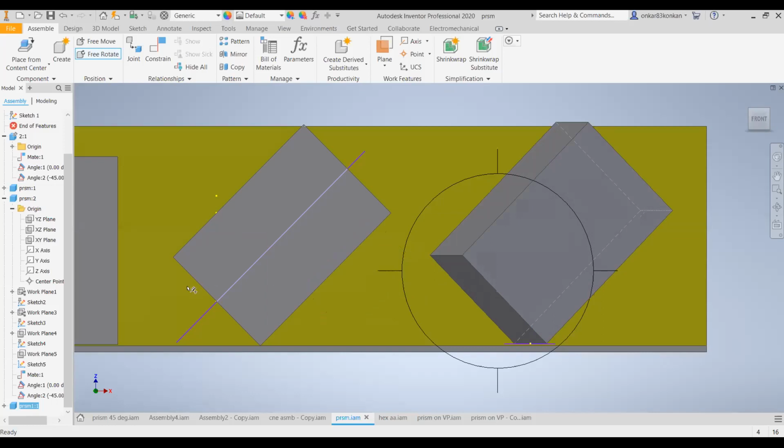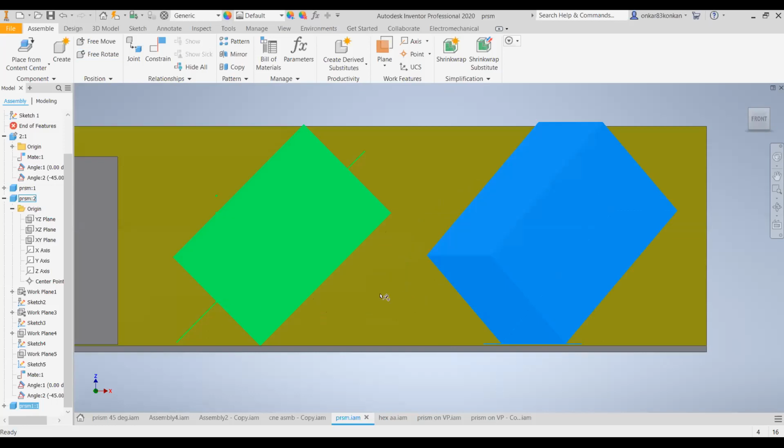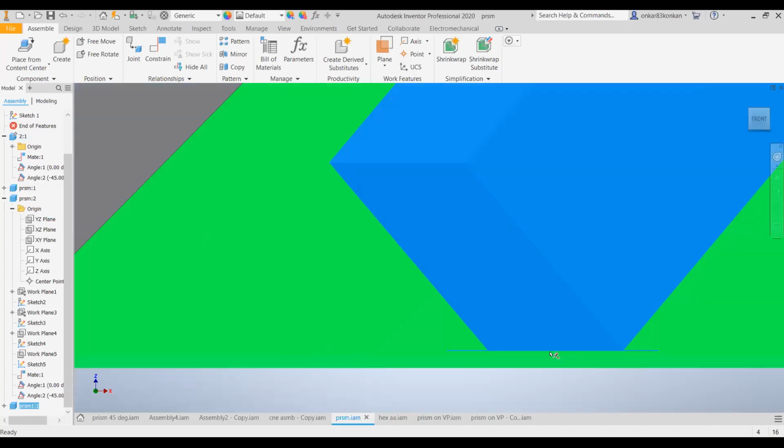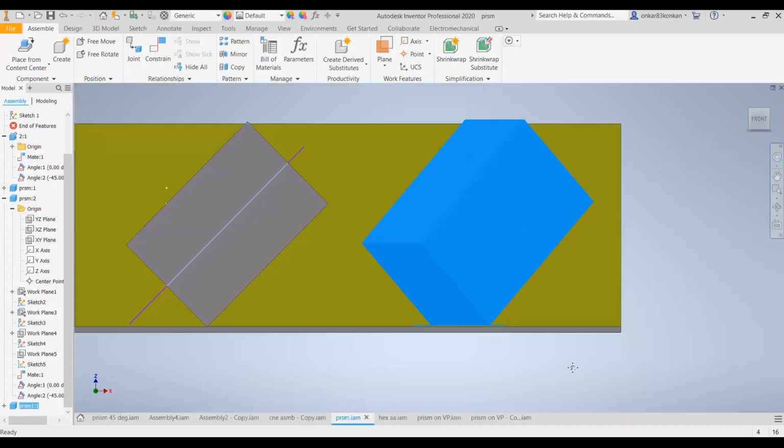So in the second stage front view, the base is not visible. Okay, but in the final stage front view, this complete base is visible to the observer. So here this is the position exactly perpendicular to the vertical plane. Okay. So as we rotate this in anti-clockwise direction from the top view, such that the base edge will be 45° with the vertical plane, in that condition, the complete base is visible to the observer.